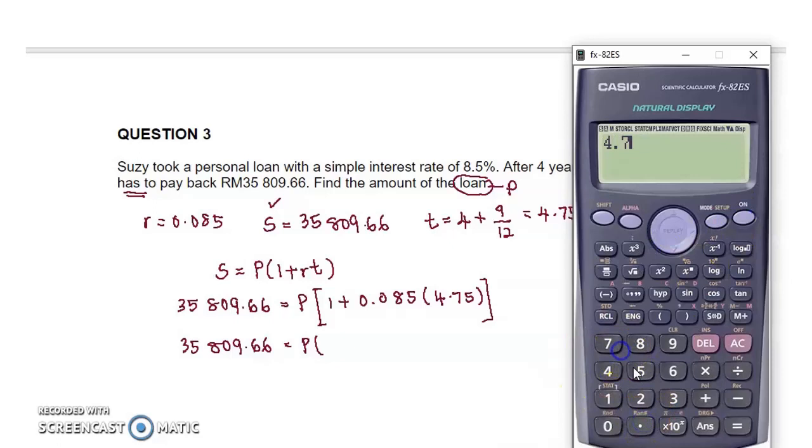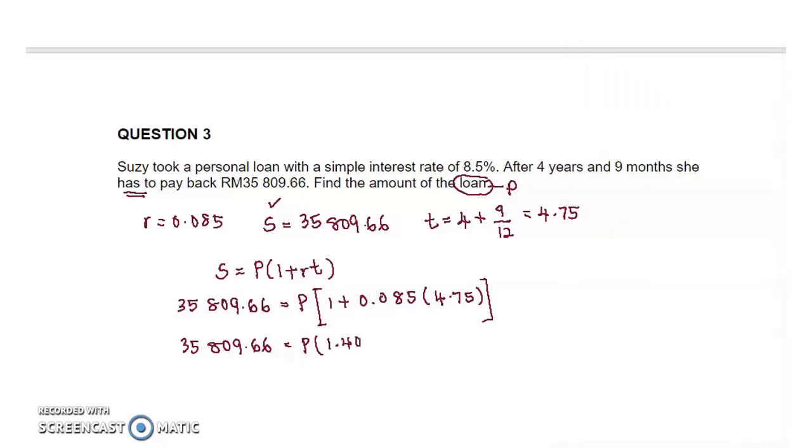So 4.75 multiplied by 8.5%, 0.085 plus 1. So 1.40375. So P equal to 35809.66. So here multiply, bring to the other side, become divide. 1.40375. So P here equal to RM